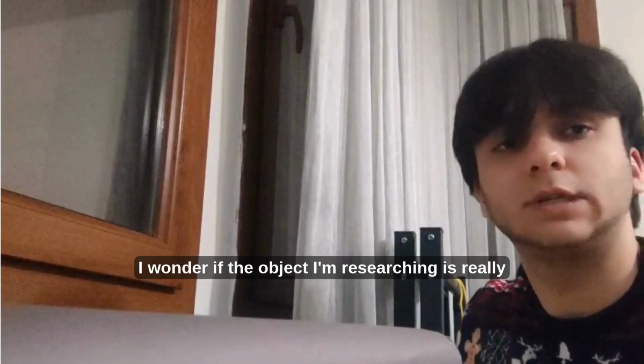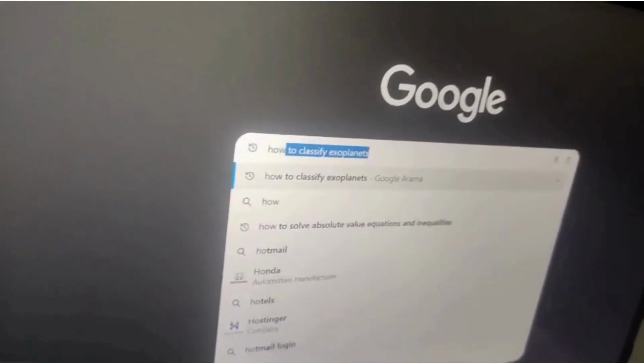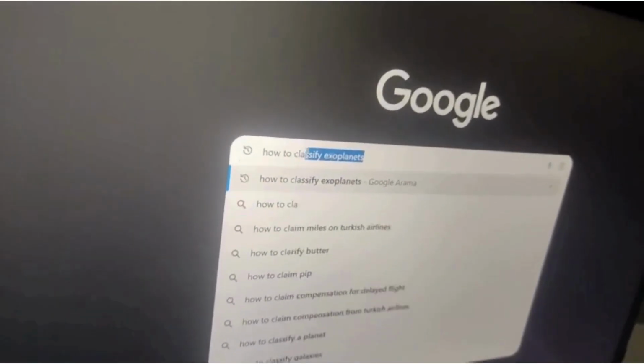If the object I'm researching is really an exoplanet or not. Okay then, let's see how to classify